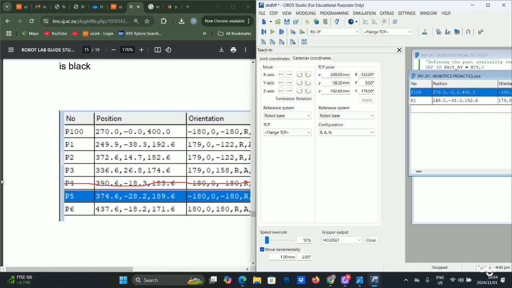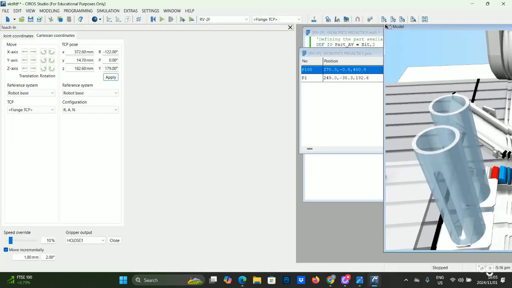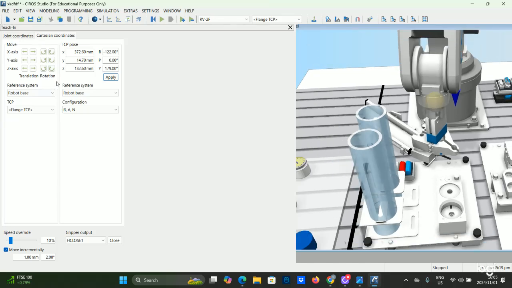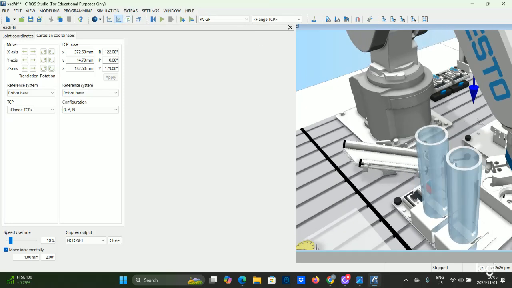I'm going to say, for position number 2, which is the first, 372.6. I'm just doing this to preserve time, but you can also move to the coordinates as I showed you how to. This one is 14.7, and then this is 182.6. Now if I go back here to the robot and apply this position, as you can see, it's moving to that position right here,